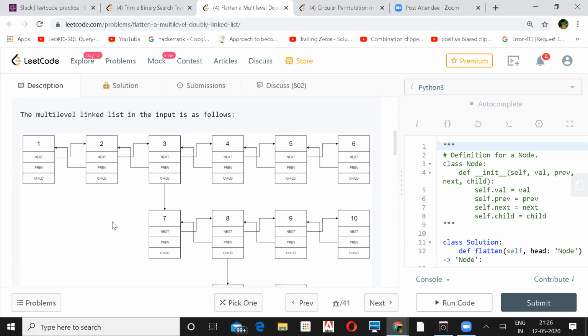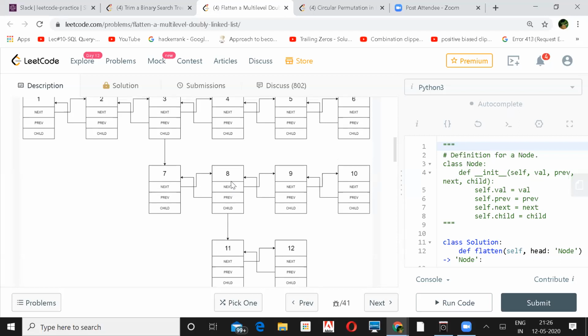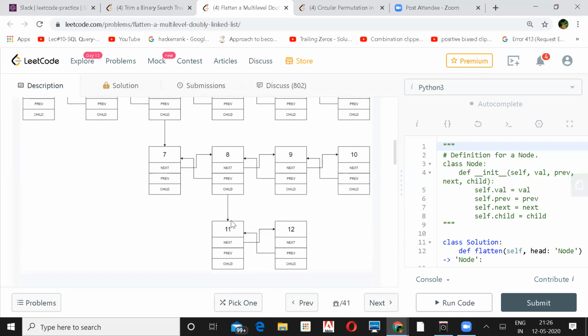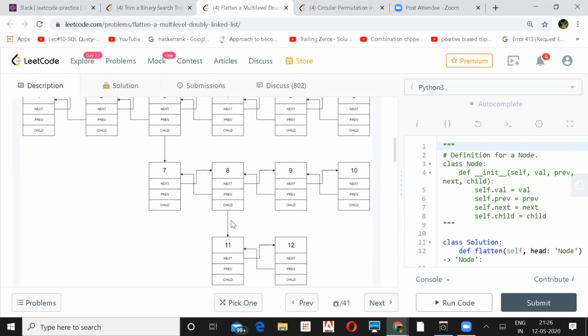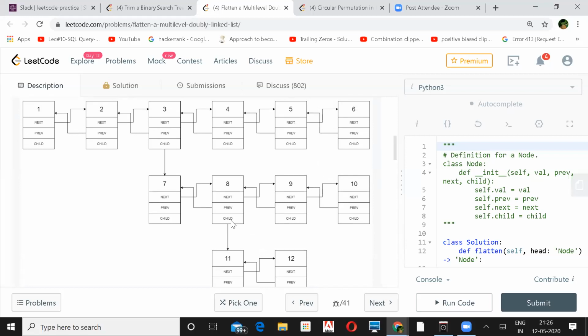So the only problem I think is, when he explained it very nicely, when you actually reach 11 and 12, and when you have to get back and go to 8, if you do a DFS, how do you keep track of the start, that is 11, in the last level? How do you keep track of the start and the end? In a DFS it's very straightforward: you go to a node and then come back if it is not null. But in this case, you have to traverse even the next and go to the end, and then you have to come to 8. So that was a bit confusing for me.